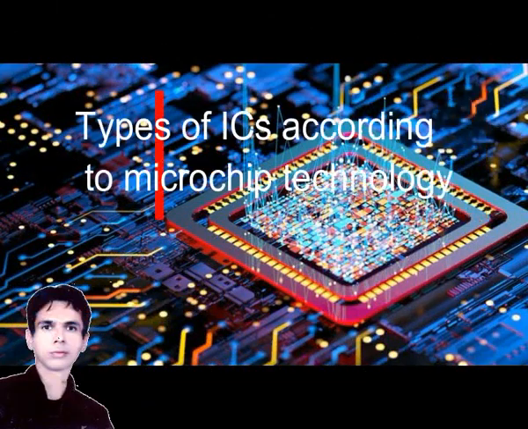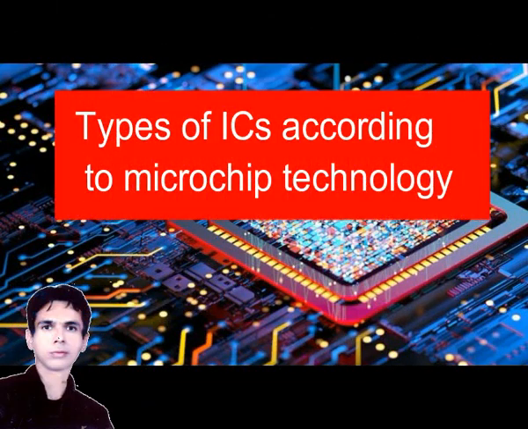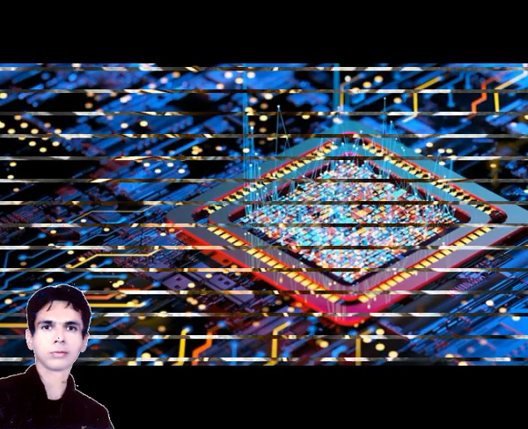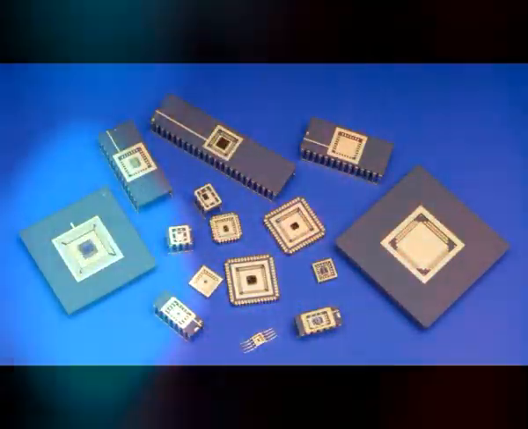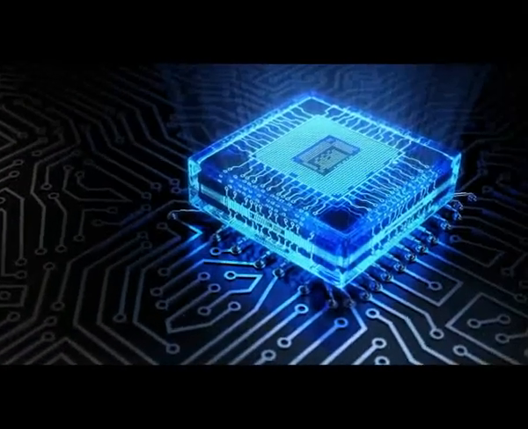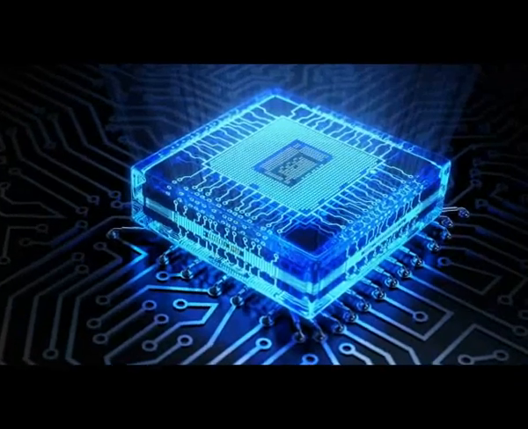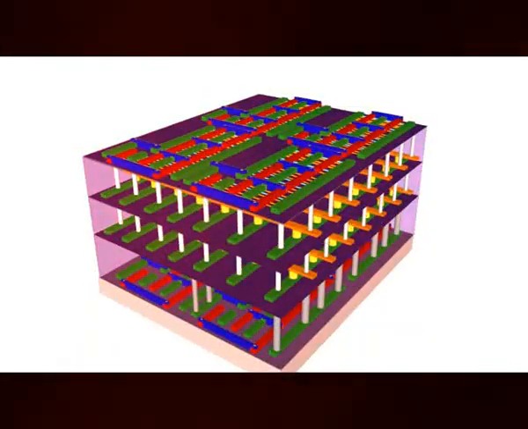Types of ICs according to microchip technology. According to the microchip technology, generally measured in nanometers, ICs are divided into different categories. Each of these technologies usually consists of a microchip with a high number of transistors and a small size. Some of the microchip technologies are